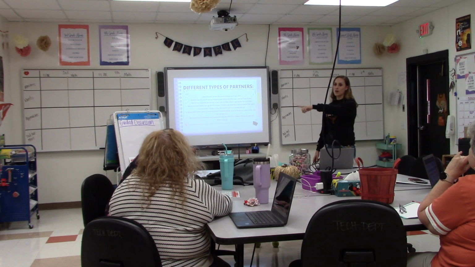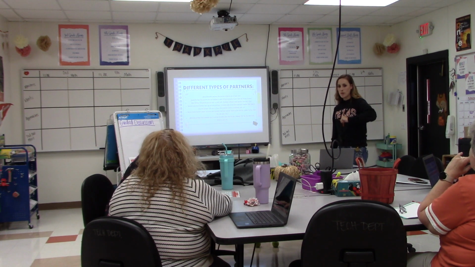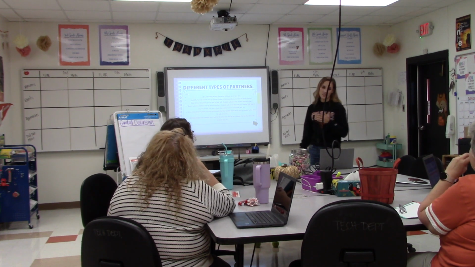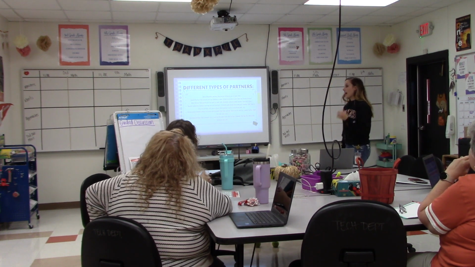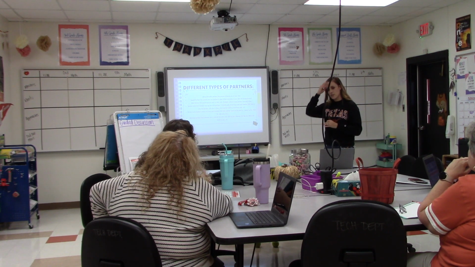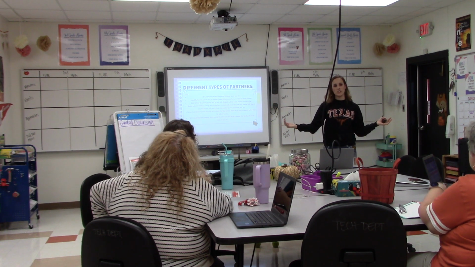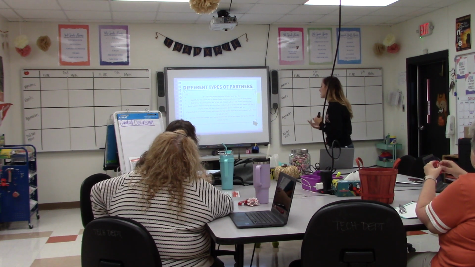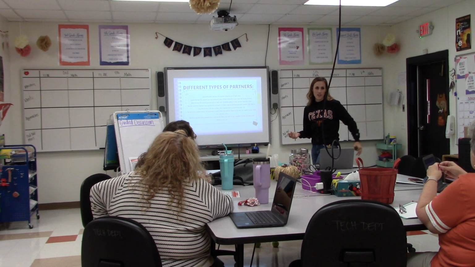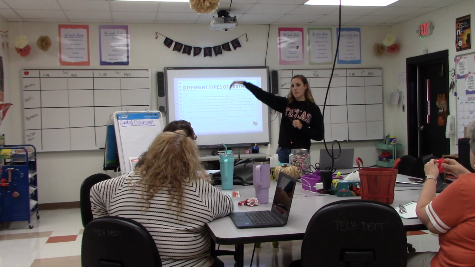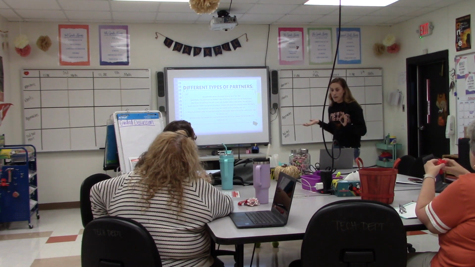I liked elbow and shoulder partners, what I've heard, but then they said elbow partner is the person across. So if I want you to talk to your elbow partner now, I don't want you to just have the same discussion with them. Now do your elbow, so that's the person across the table from you. A teacher said they do a back partner because of the way their desks are, and a lot of us have those. It's the person back to back with you, turn and talk, so now you're sharing information not only at your table, but now it's going to other tables. And she did say be very intentional, because obviously you're going to have kids without a back partner, so you need to say, hey, back partner from table A needs to go to back partner from table B, or whatever your set is.